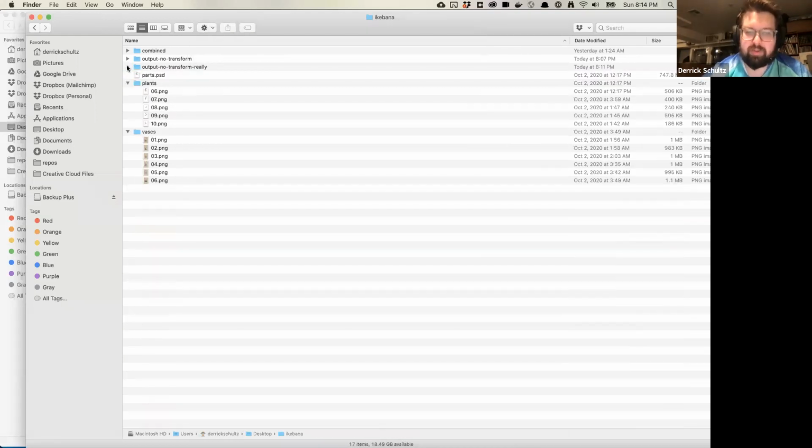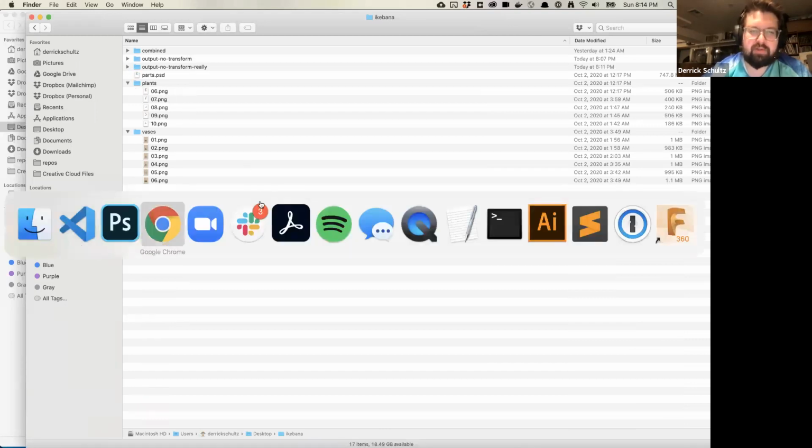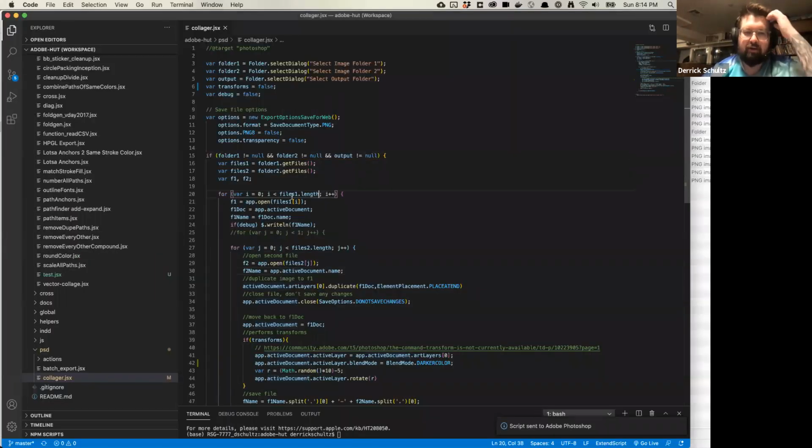Any other questions about this particular Photoshop script? Cool. One thing I should also note is, let me just go to the script here real quick. This actually loops through every file inside of this folder. Let's say you've built up 100 and you want to go back and demo something. You can switch this if you're not familiar with for loops. A for loop basically says start at 0, give me a count all the way up to however many files are in here, and then iterate by 1. If you wanted to change it to just be 1 image, you could switch this to 1. That's a nice technique to simplify your work if you're doing some debugging.